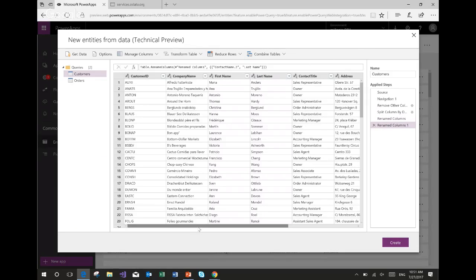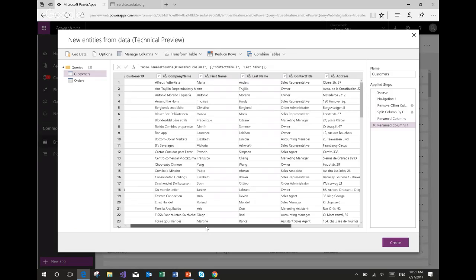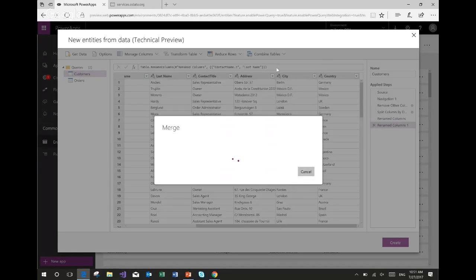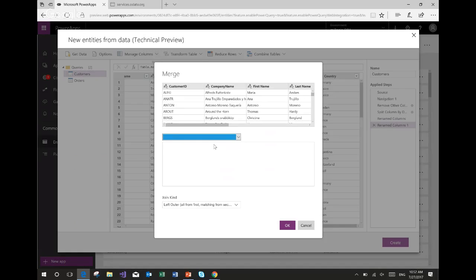I have a customers table that looks good, but there's just one more column that I would like to add here, which is going to be the count of orders for each of these customers. So in order to do that, I'm going to do a merge operation. I'm going to do a merge queries, and I'm going to select the second table, which is orders.